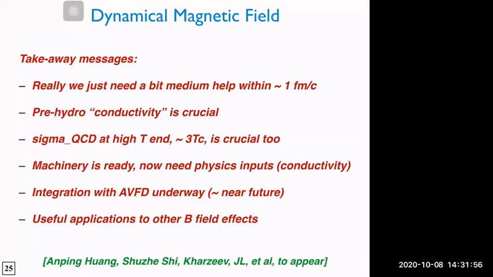So what's the message that I want you to take away? I think the message is that really we just need a little bit of medium help at the early stage before 1 Fermi over c, okay? That means the pre-hydro effective conductivity is crucial to calculate the dynamic magnetic field. Also, at the very beginning of your fireball hydro, the sigma QCD at a very high temperature end, about 3 times TC, is perhaps also important. So we have this machinery that is ready, namely to solve dynamic magnetic field Maxwell equation on top of a realistic hydro. But we now need better physics input, namely like the conductivity. We are also trying to,